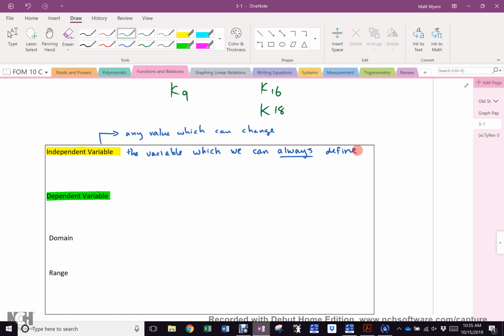Right? So the name depends upon the kid that's there. So the dependent variable must be, not the variable. I'm not a bad Russian villain from the 1960s. The variable